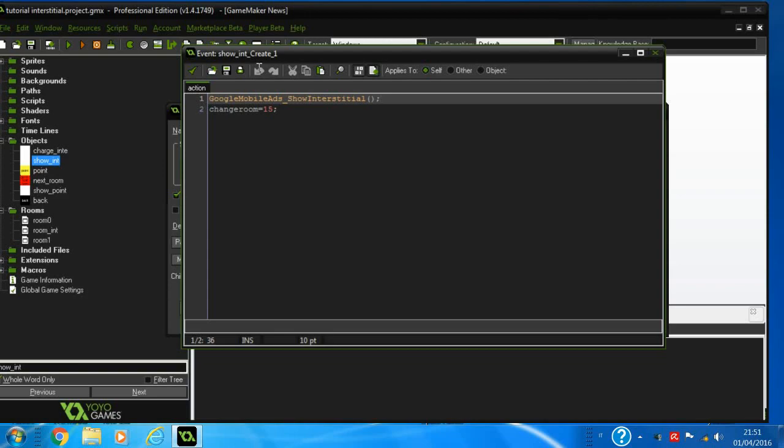Okay, but we need to create a system because we will put this object in a room, and when the player of our game sees the interstitial and closes it or clicks it, it will be in a loop if we don't have a system to change the room. So we write this first line to show the interstitial, and create a variable for a system to change the room. I create the variable change room equals 15,